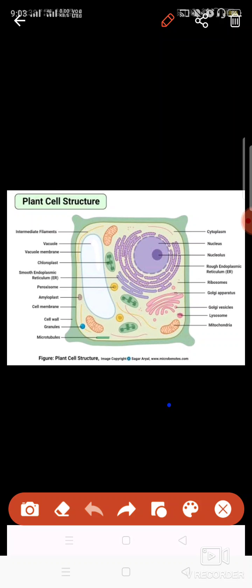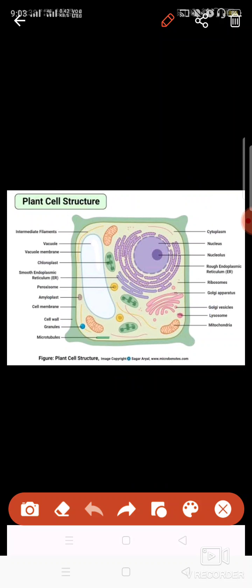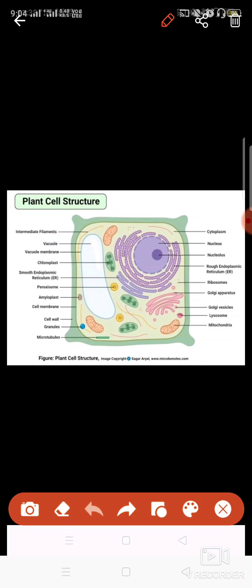See, basically, in plant cells, you find well-defined structures. You can find that they are going to be in any of the shapes. They can be pentagon, they can be hexagon, they can be in rectangular shape. So basically the plant cells have a shape. And why do they have a shape? Because they have some extra layer present in their cells, and that extra layer is known as cell wall.